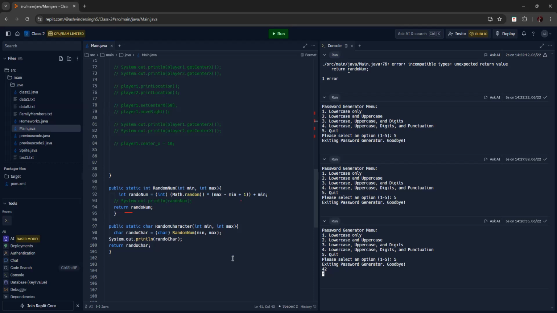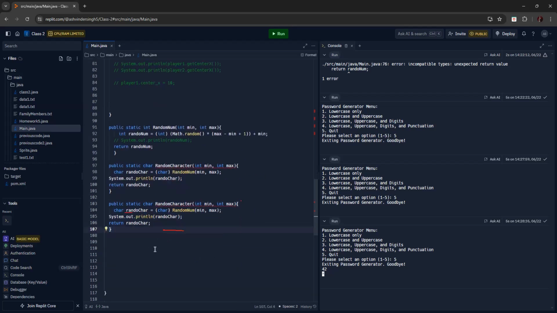Using these two functions. So focus on using this one. Okay, that means I need to, let's say I put random lowercase. Then that means I need